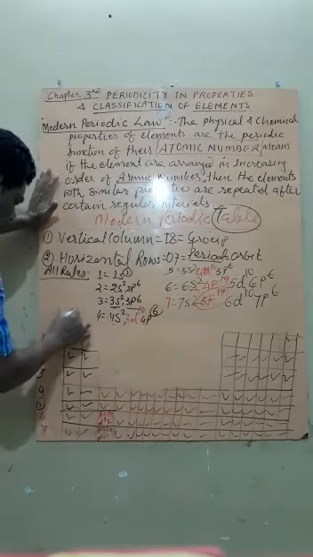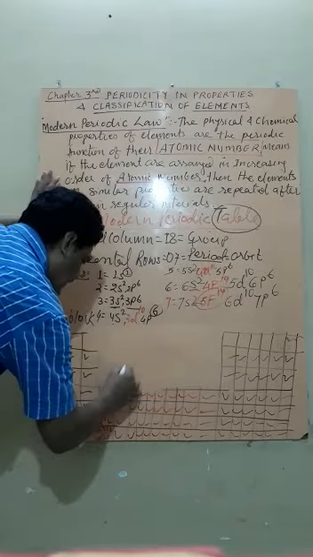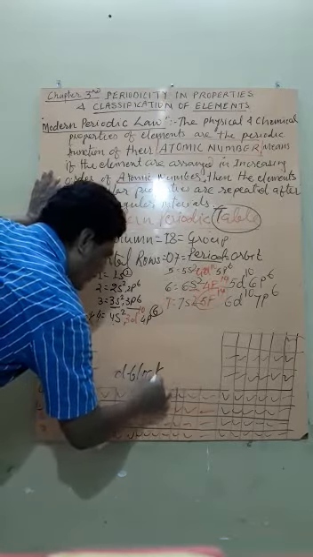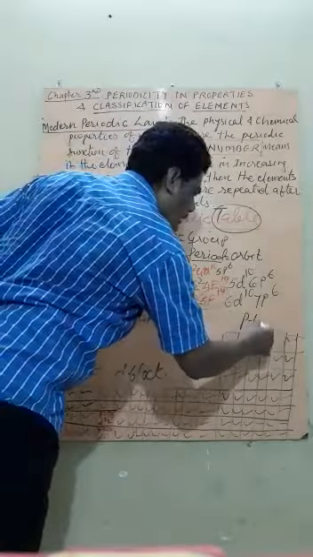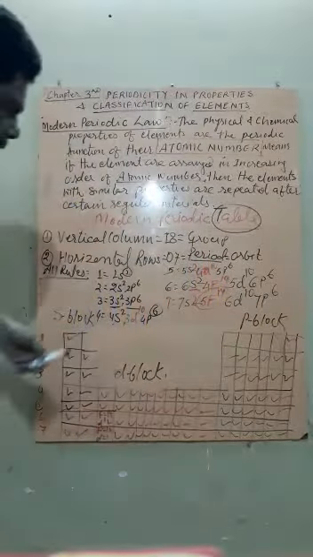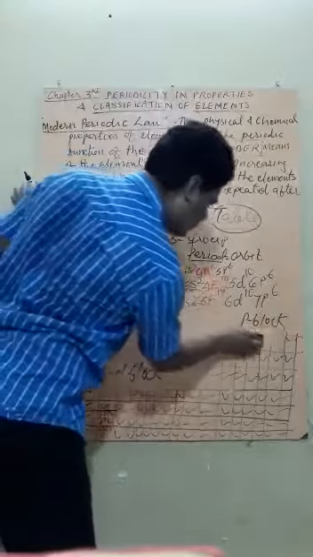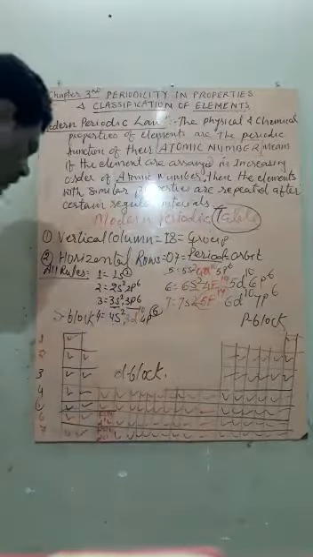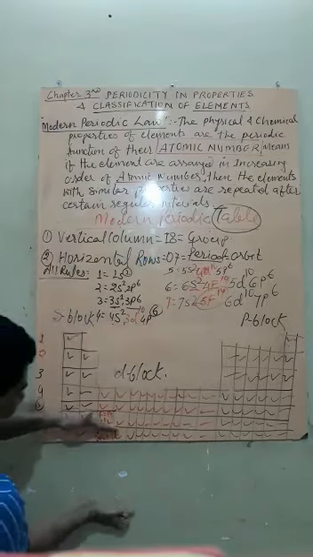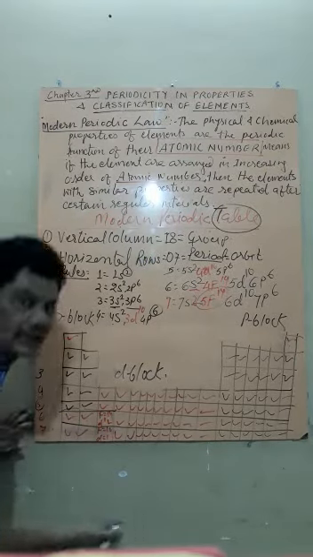Are you getting it? In this modern periodic table, this is called the s block element because the electron belongs to s. This is called the d block element, because the electron belongs to d. This is called the p block element, because it belongs to the p shell. Are you getting it? Here again, this is not required. And now for f, we have to add 2 separate horizontal rows called lanthanides and actinides.